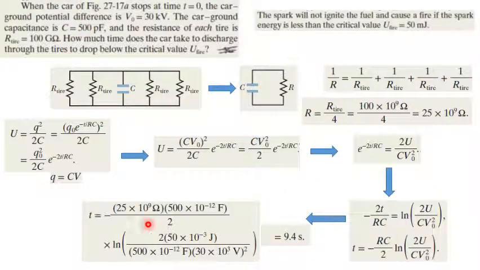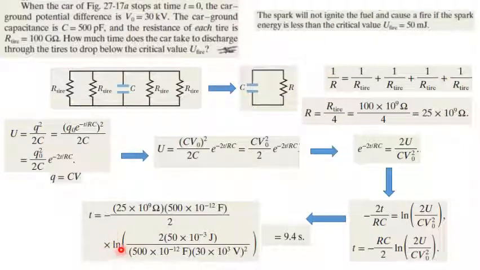So by replacing all of this, we find the time required to discharge the capacitor to be on the safe side is minus R multiplied by C, R 25 giga ohms multiplied by C 500 picofarad. Pico means 10 to the power minus 12, over 2